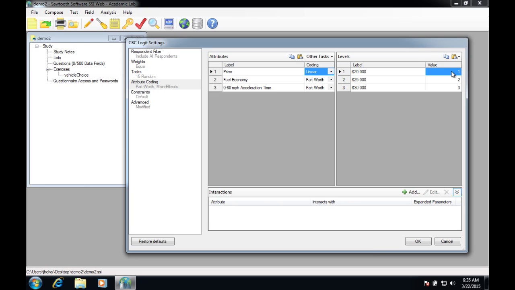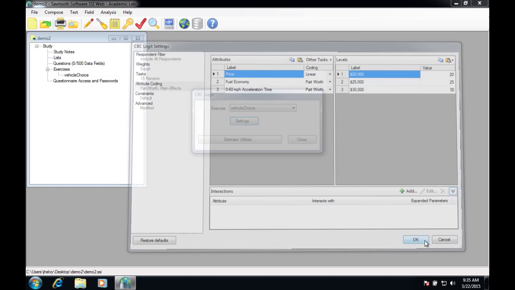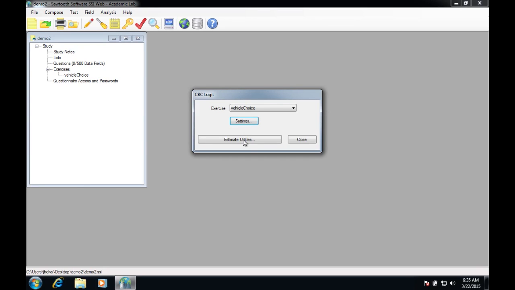So here the value of 20,000, I have to say this is equal to $20,000. I'm just going to put 20, and that way my answer is in thousands of dollars. So 20, 25, and 30, and now when I run the model, it's going to run for one beta for price, and it's going to assume price is linear. So if I run the same model,